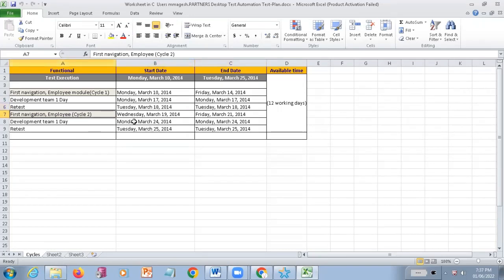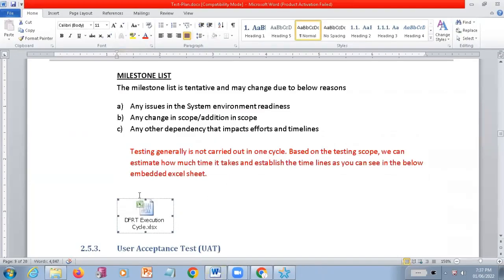So again, it goes to the first level of navigations. When they are going to start this, when they are going to end. Next, the development team again, if they are going to fix some issues, when in cycle 2 they are going to start, when they need to end, and retesting needs to be when. Here it is only test, it's not retest. Here retest, when it's going to start and when it's going to end. Totally how many days it's going to take for this kind of process. So like this, they are going to give some estimated data. That means tentative dates will be given here.